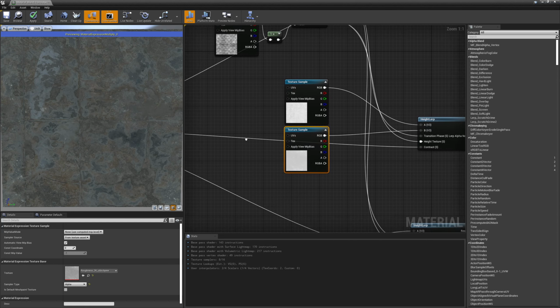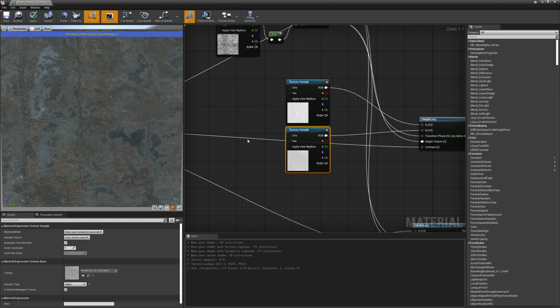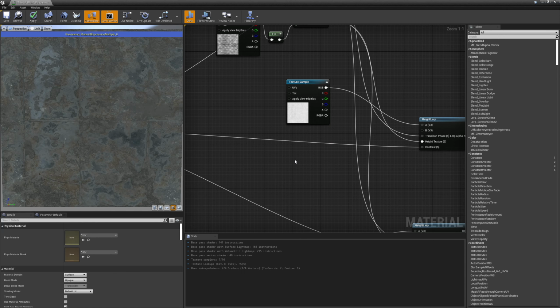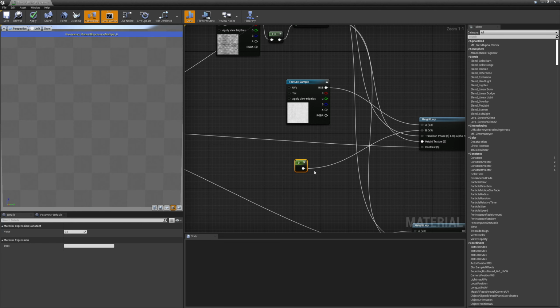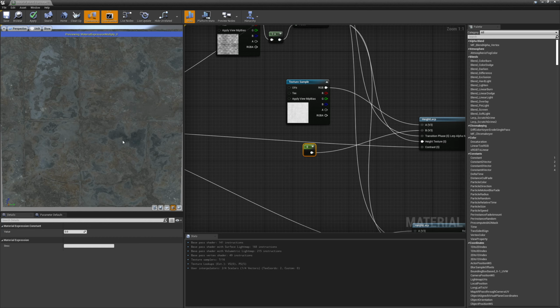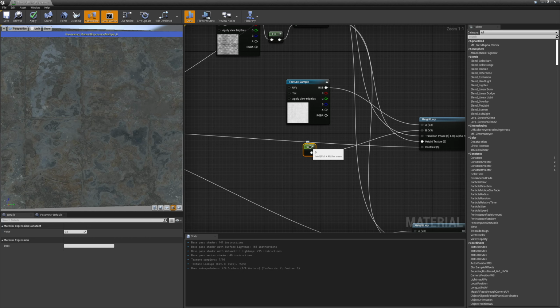Next is the roughness. So the roughness controls how rough or how smooth the surface is. This is real simple. Water is incredibly smooth. So I'm going to delete this texture sample. I'm going to hold the 1 key on the keyboard and left click to get a constant 1, which is just a single value. And I'm going to leave 0 in there